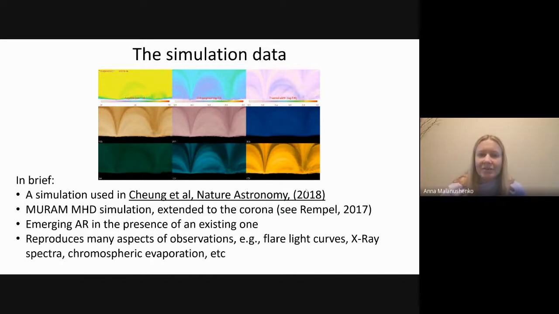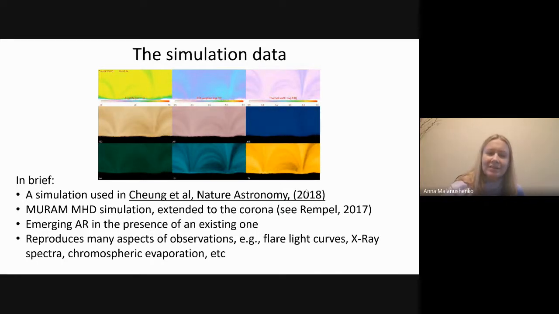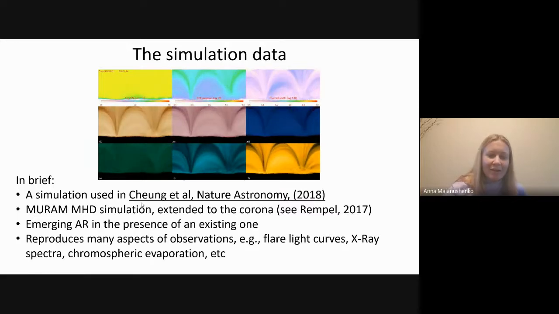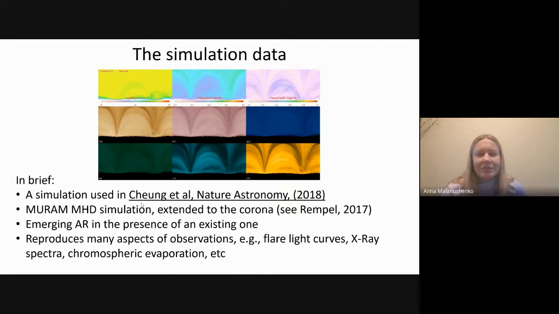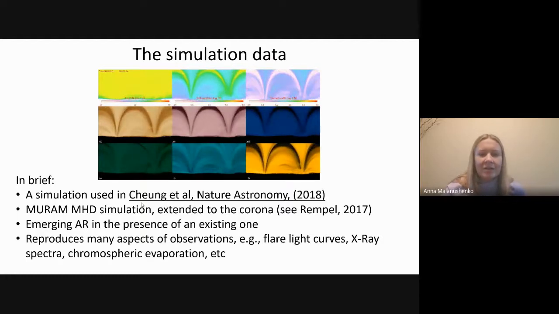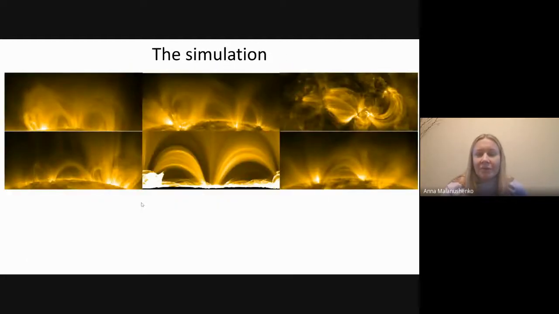It features an emerging active region in the presence of an existing active region. And as is shown in that paper, it reproduces many aspects of the observations of actual active regions in the sun. That is to say, it's a really good simulation. It's one of the most detailed simulations of the solar corona to date. So we looked at it and we synthesized the emission from the simulation.